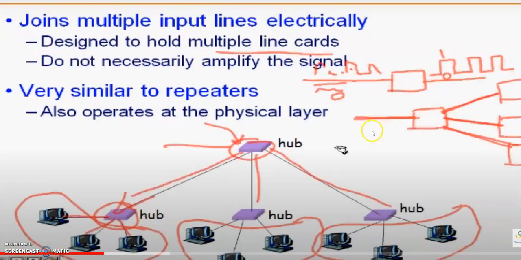When you are sending signals through the hub, they are broadcast to all the computers, strengthening the signals. Here the data reaches the hub, and from this hub it copies the data and broadcasts it to the whole network. And once again, the hub strengthens the signals by making more copies.